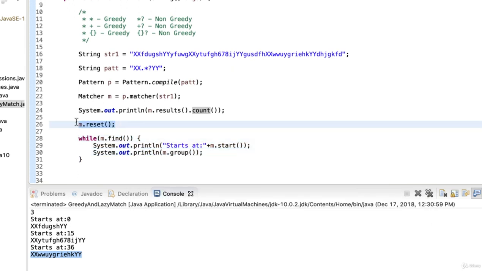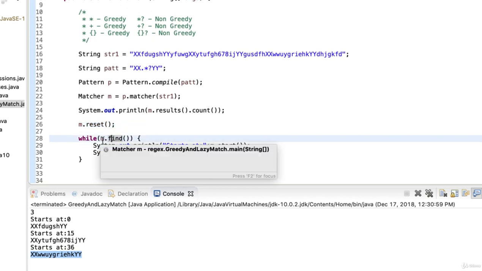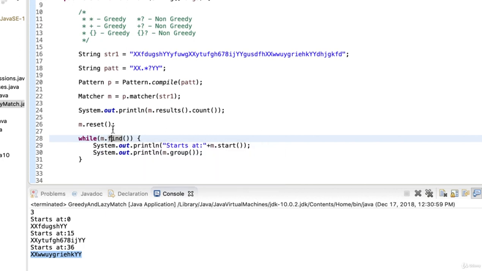So that's why we reset it. We reset the pointer to the very first match from the group, and then we used it inside the while. So that's the thing. So very important but very easy concepts again,